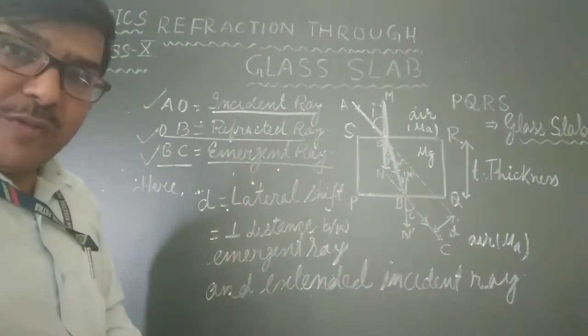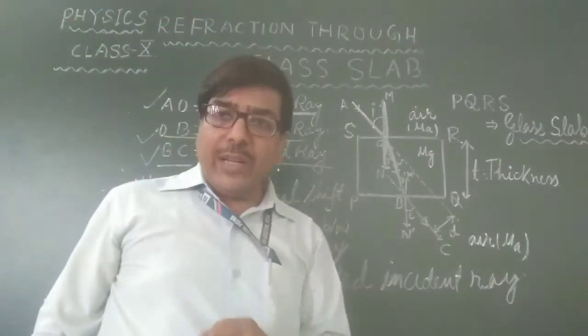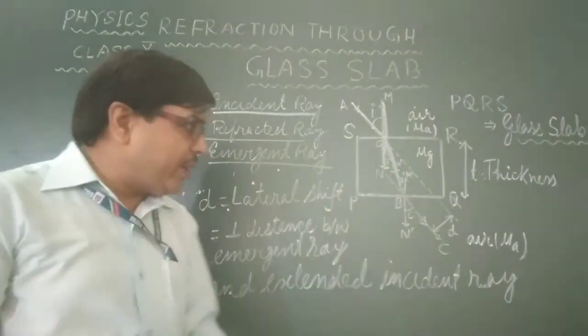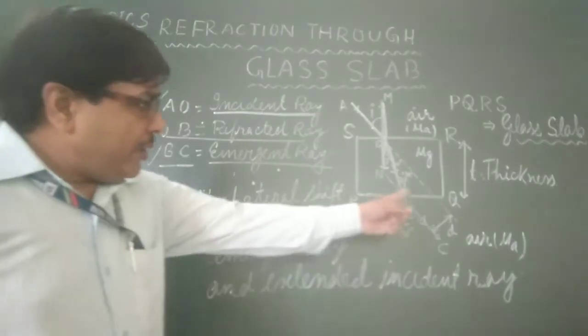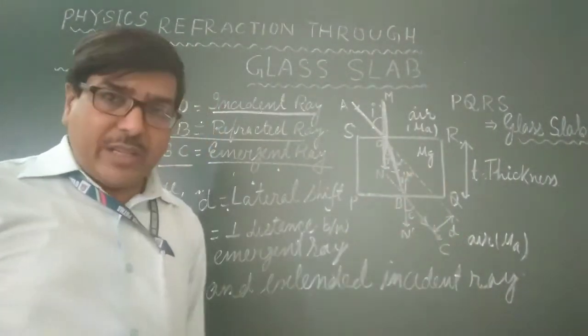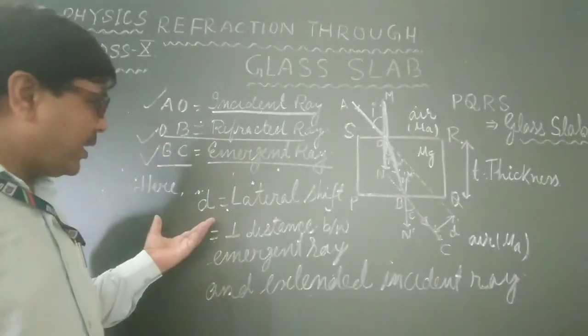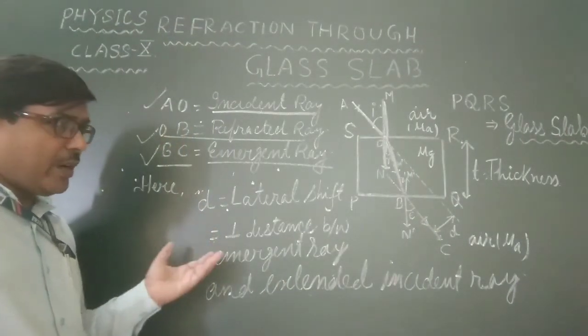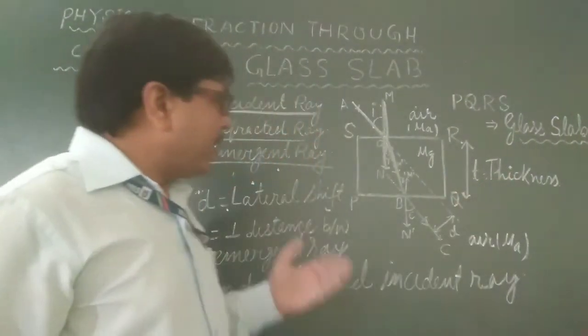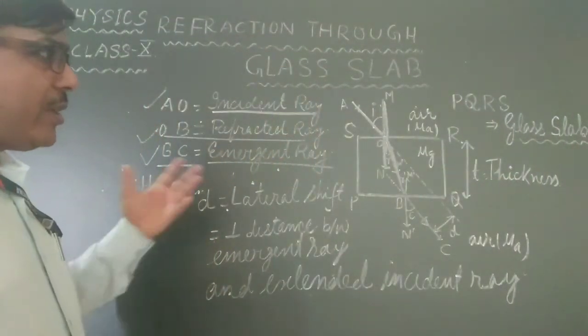the lateral shift, or lateral displacement. Lateral displacement is the perpendicular distance between the emergent ray and the extended incident ray of light. Okay, that is lateral shift. It depends upon the thickness of the glass. Here we will now draw